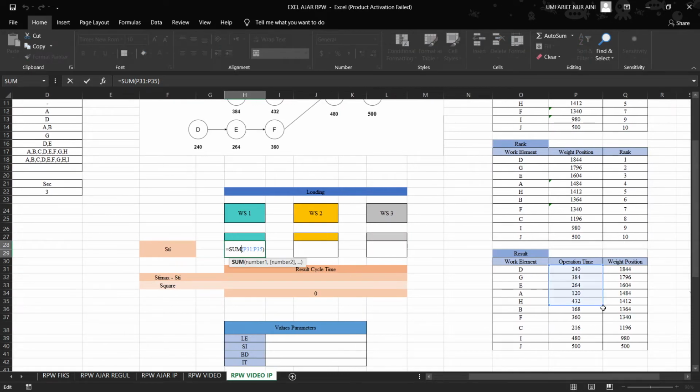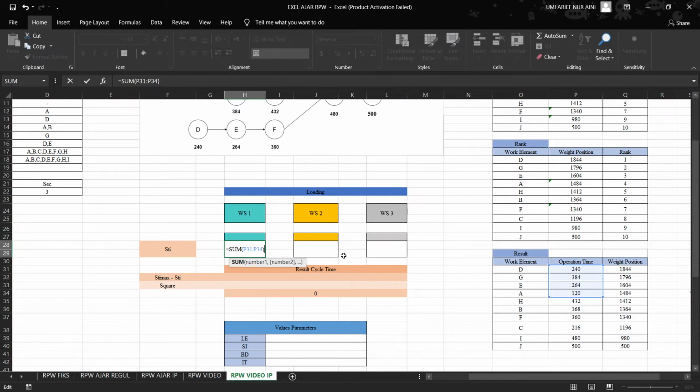Or you can use work element H for workstation 1, so you just include work element D until work element A, like this.